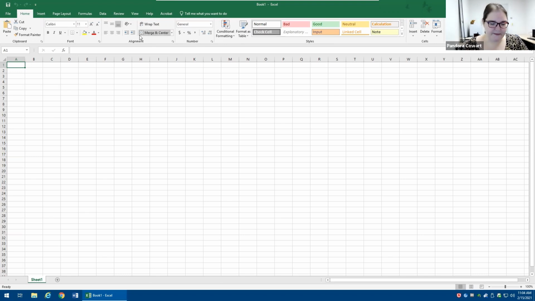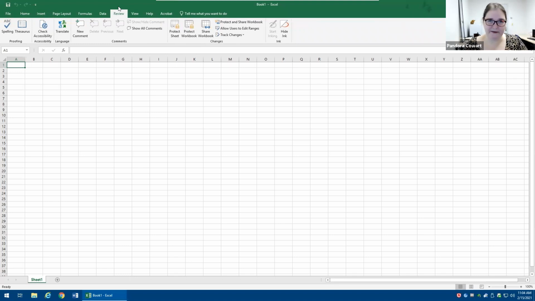So for example, in the review tab, the very first button is one of my favorites. Now, in every other program, when I type something, if I spell it wrong, it's very likely I'm going to get that little red underline telling me it's wrong, right? Doesn't happen in Excel. Excel doesn't care about your words. It cares about the numbers. So if you misspell something, it doesn't care. But we do, right? So it's a good idea before you share a file, if you're not sure, to run